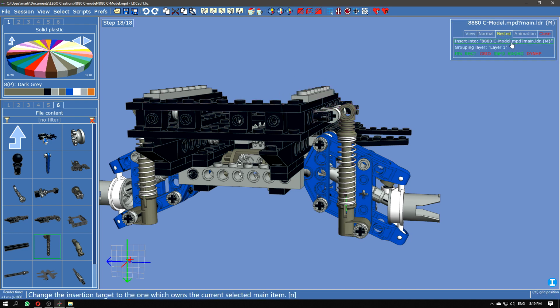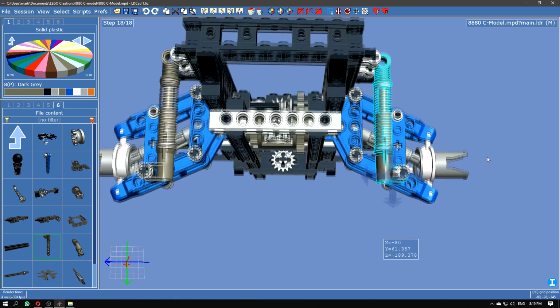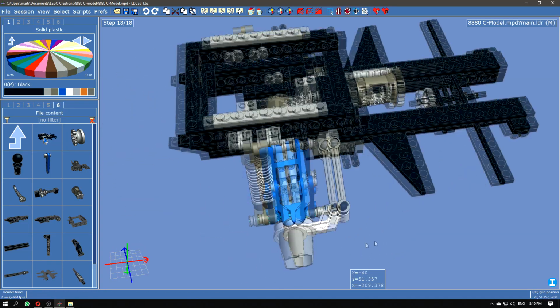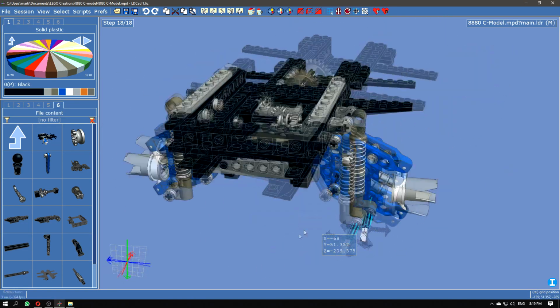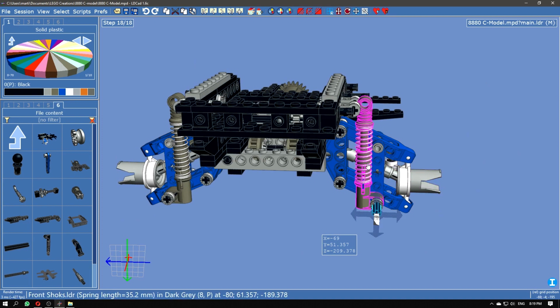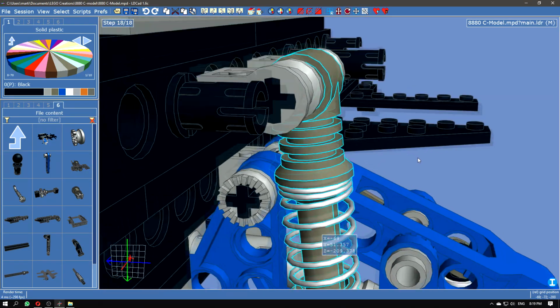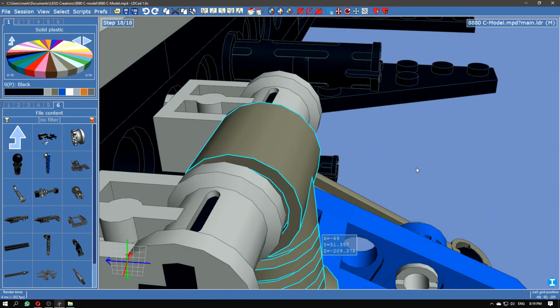So now I'm going to change the editing mode to normal again, and now I'm going to select the shock, which at the moment we have the wrong rotation point. So I'm going to take the axle, duplicate it, so I can use this axle as a rotation point. Also select the shock, hit rotate and change it in position. It is so close. This is 5 degrees, so we're going to change the angle of attack to 1 degree